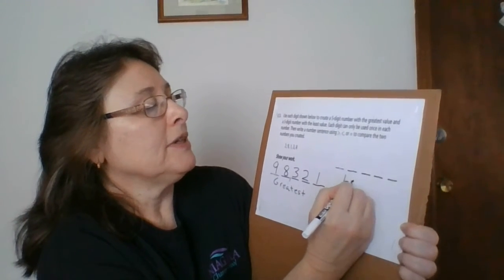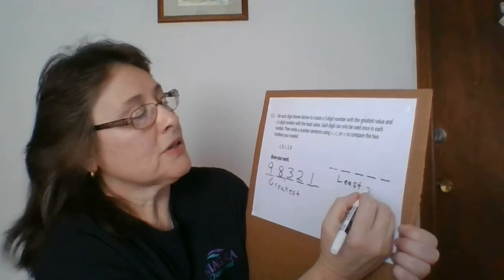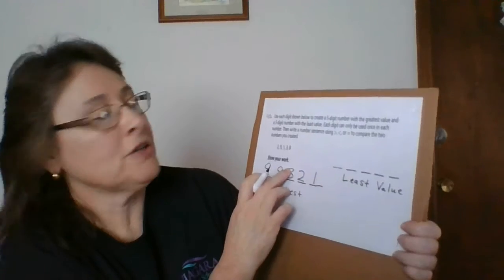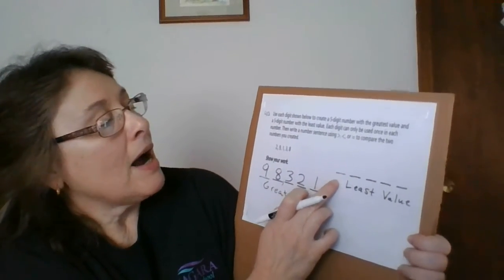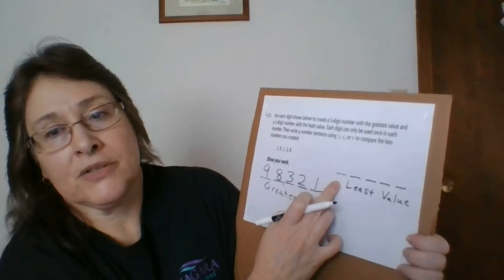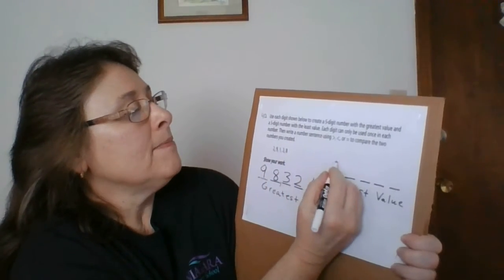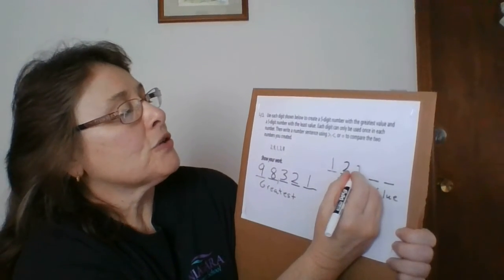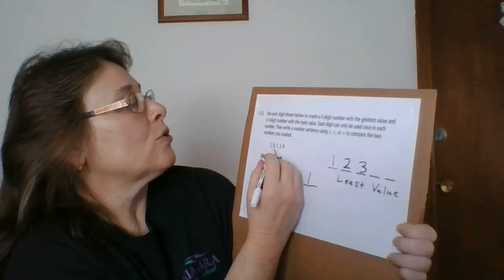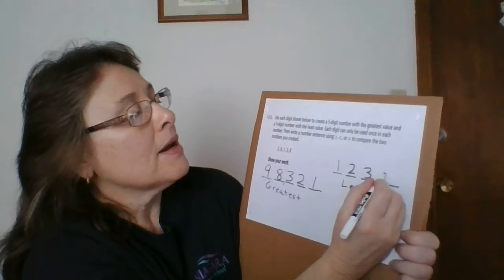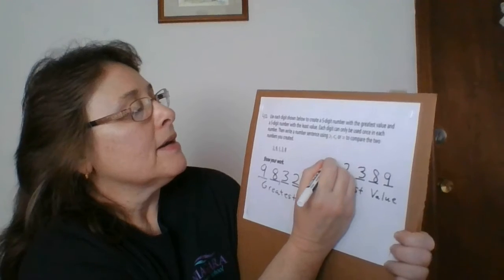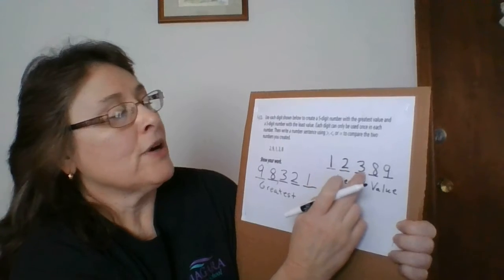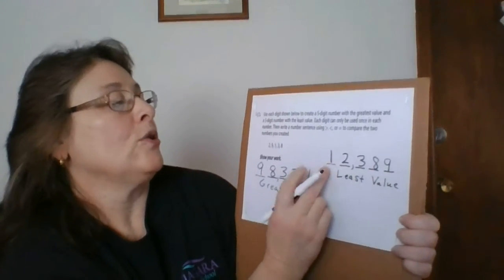Same thing for the least value. That means the smallest number that you can possibly make using all 5 digits. So for the smallest number, I'm going to start with the smallest value. The smallest value is 1. The next smallest is 2. The next smallest is 3. Then I have 1, 2, 3, 8, and 9. So I have all my digits in order from the smallest, and then they get larger and larger. So the least value would be